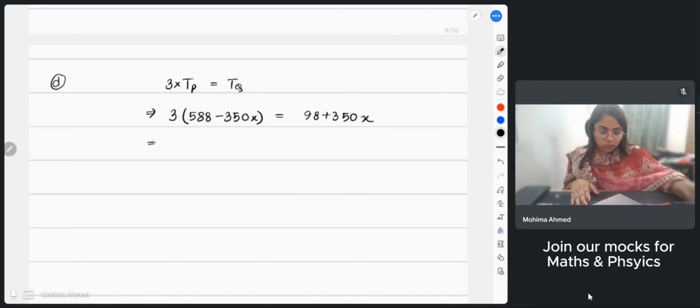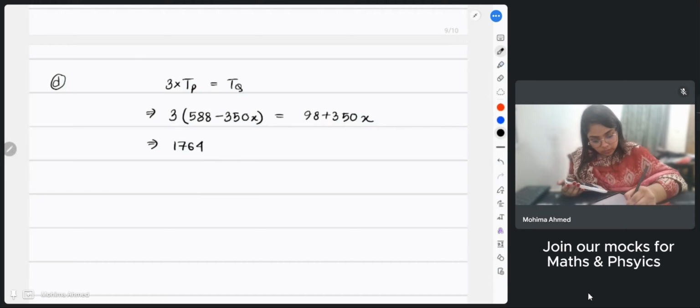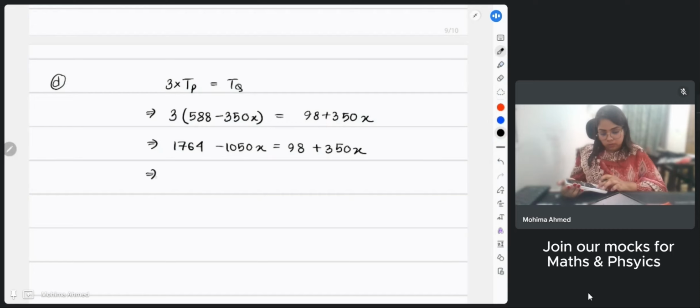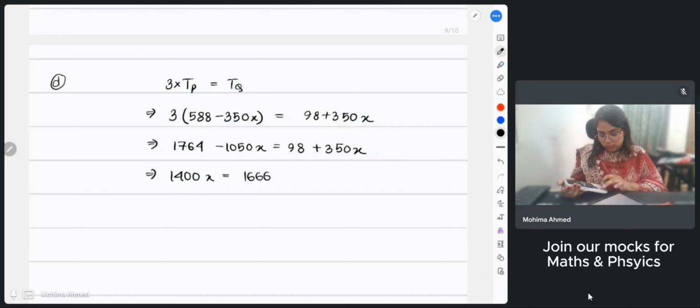So 3 multiplied with 588 is 1764, and 3 multiplied with 350 is 1050x. 1764 minus 1050x equals 98 plus 350x. If I'm going to take every x together, 1050 plus 350 is 1400x and 1764 minus 98 is 1666. This divided by 1400,